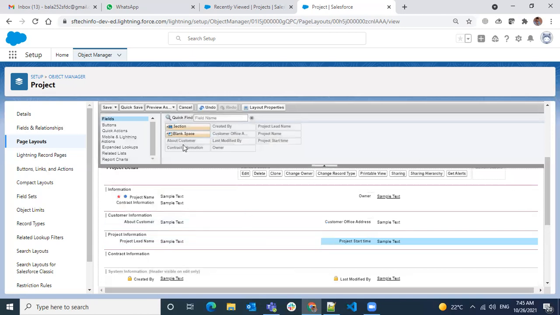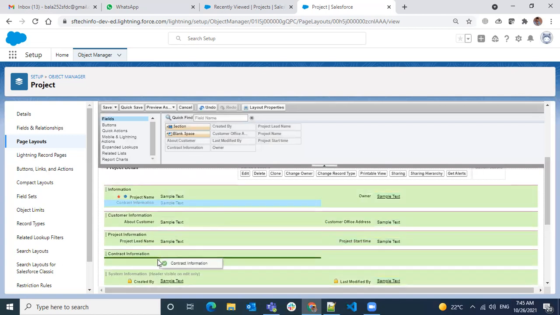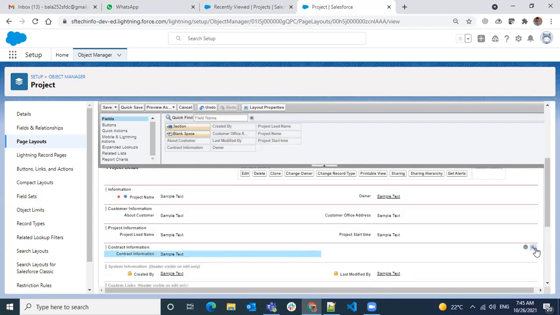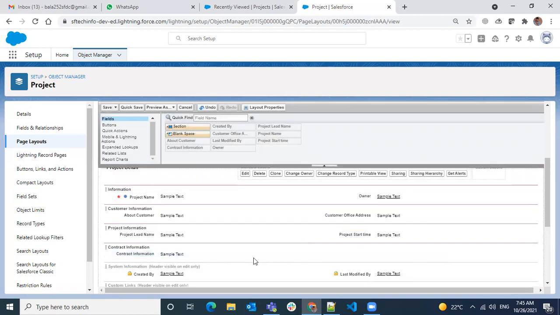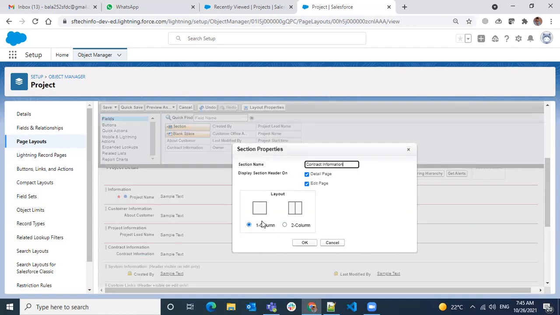I don't see any response. Okay. Here I had a contract. So here, if you see, it's a rich text field. I want to make it only one big column, and I want to see this field as a big section. This way, in the section, I make it as one column.